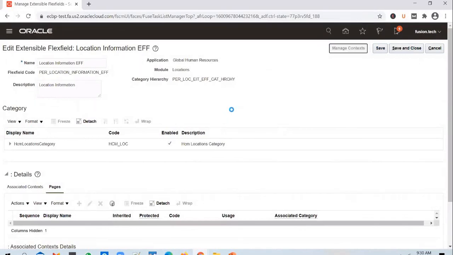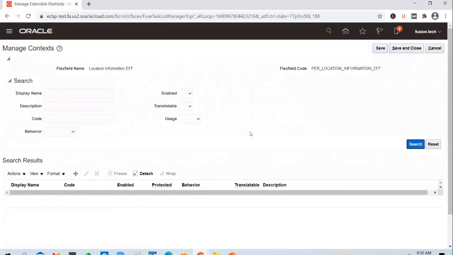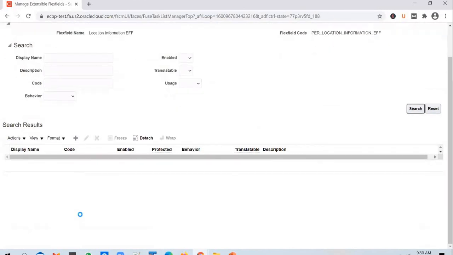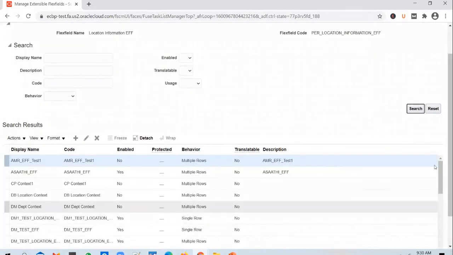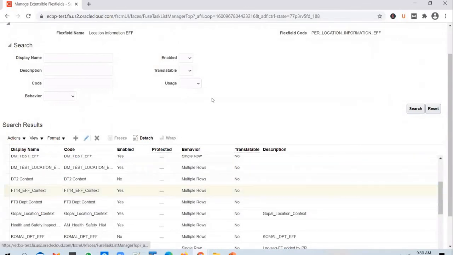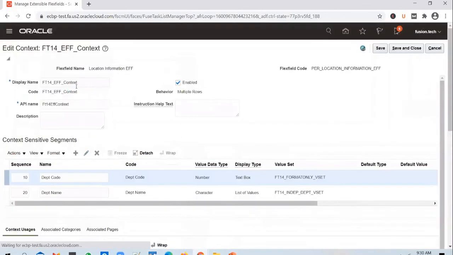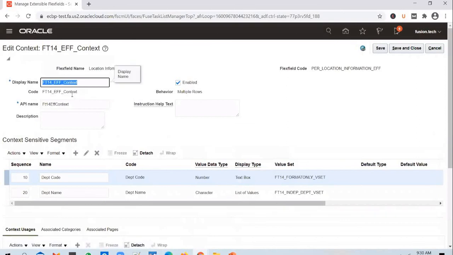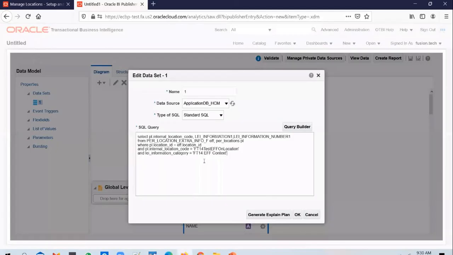Go to manage context. FT14 EFF context is what we have used, right? So you copy this context and you replace it in the code. This is the context name and this is a location name.